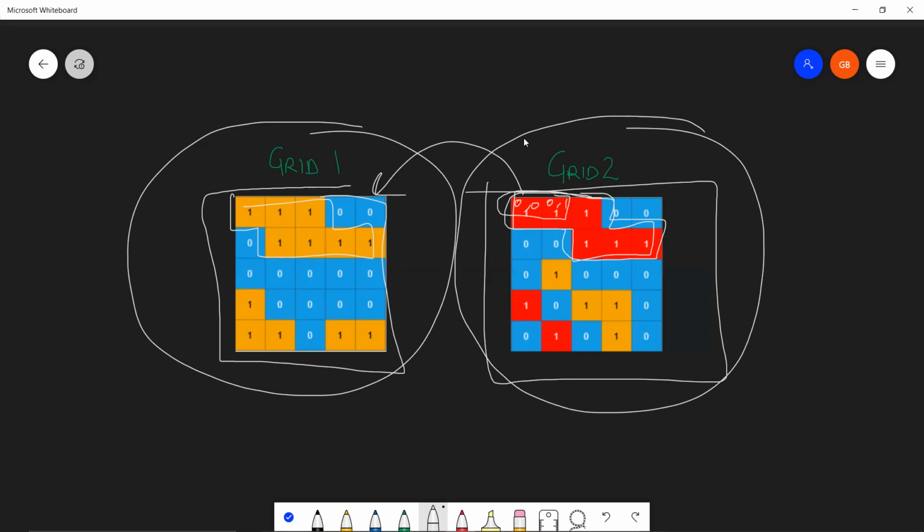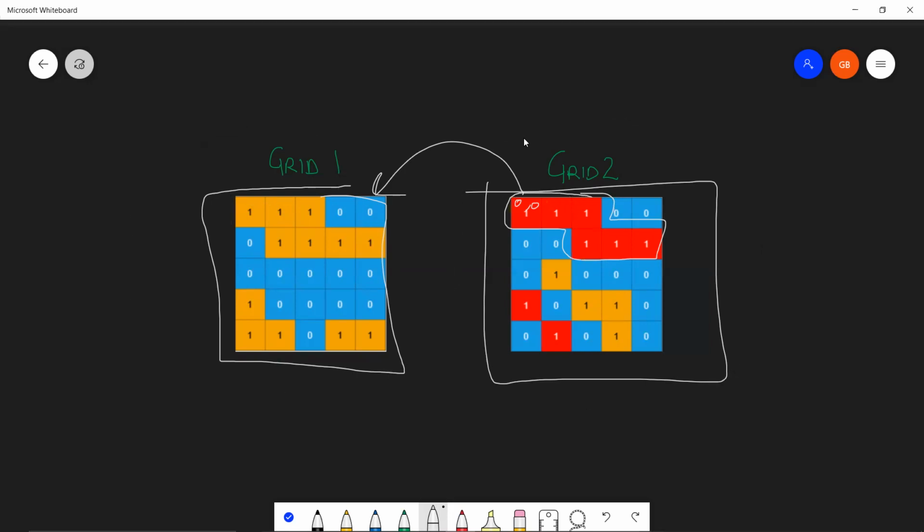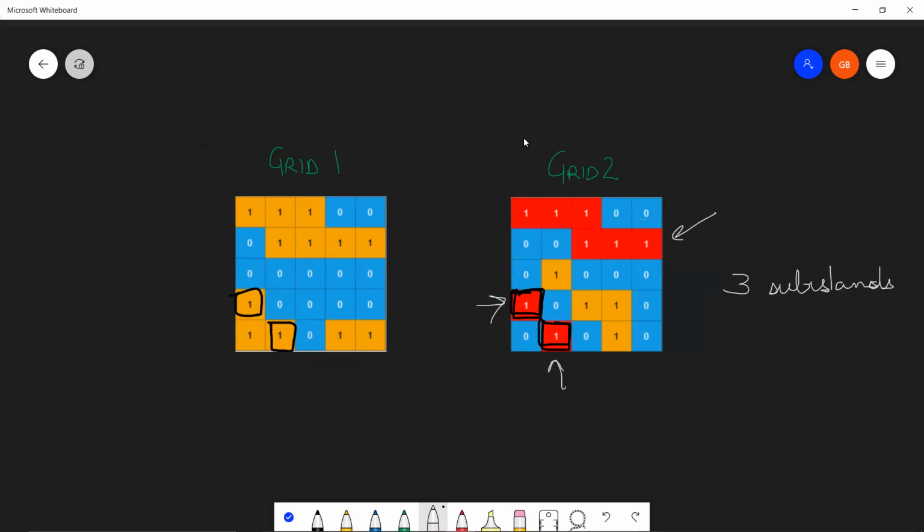That can be done. Or let's look at a slightly more efficient way to do this. The previous one was also using some kind of DFS traversal. Even this will use a DFS traversal, but we'll perform that traversal only on grid 2. While we are performing that DFS traversal on grid 2, simultaneously, we'll also traverse over grid 1. So using a single recursive function, we will traverse grid 2 and grid 1.